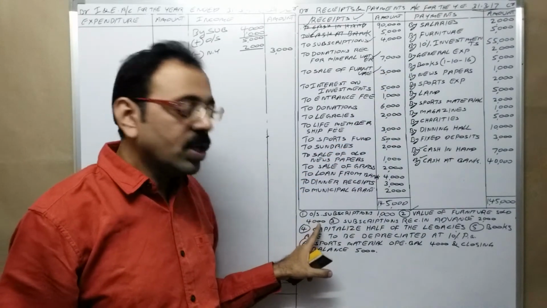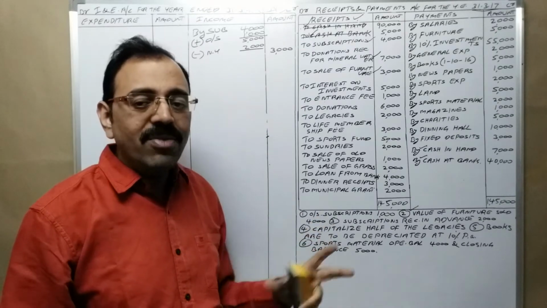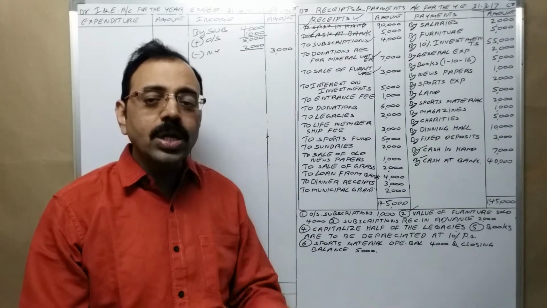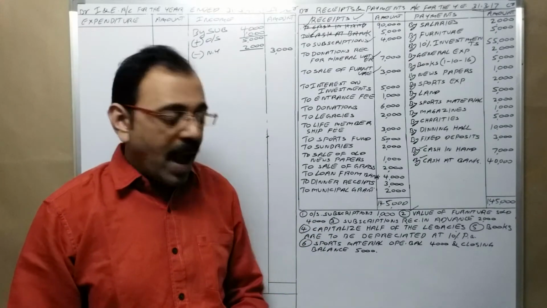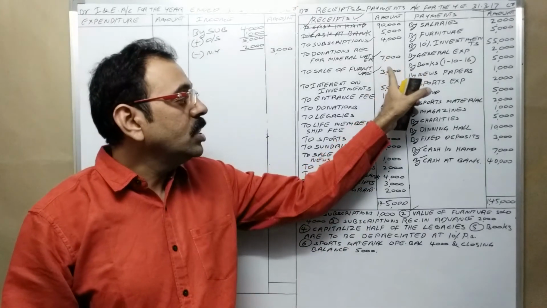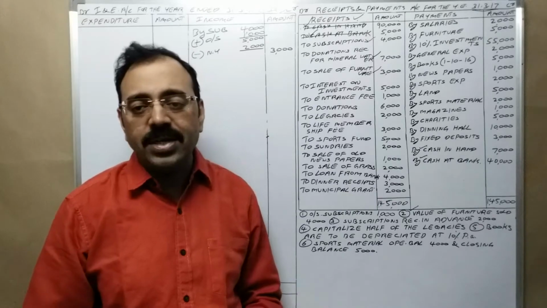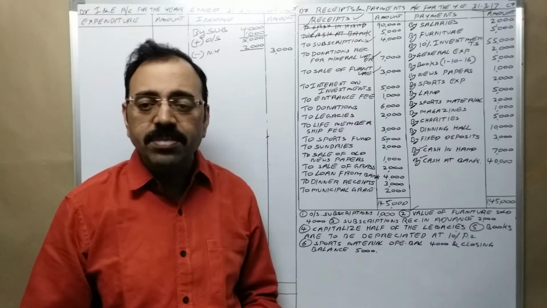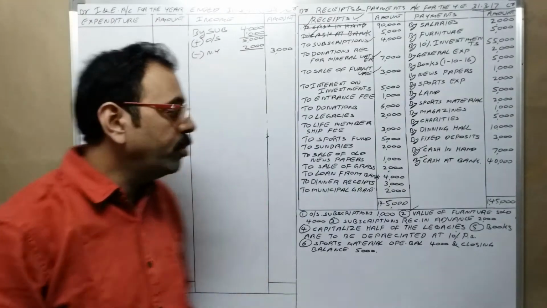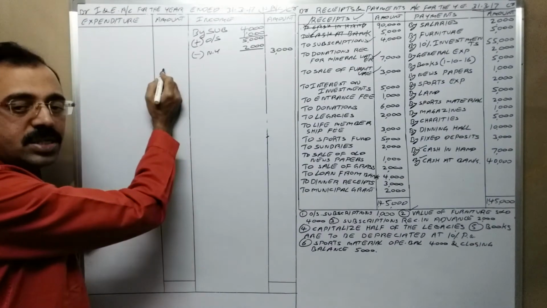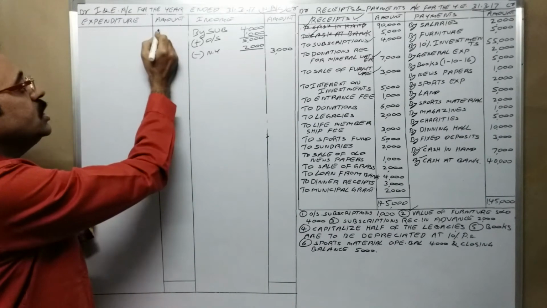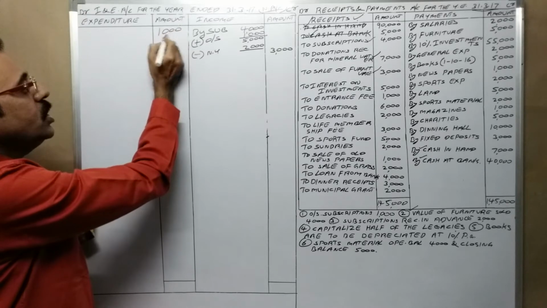Book value is 4,000. Furniture value was 4,000 on the date of sale. And it is sold for how much? 3,000 rupees. Since it is sold for less rate, we got loss here. Losses are to be debited in this account. How much is the loss? 1,000 rupees